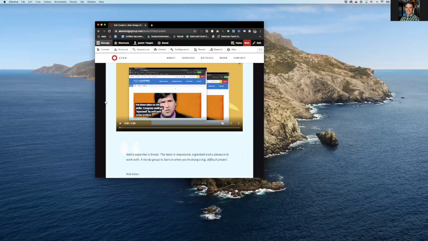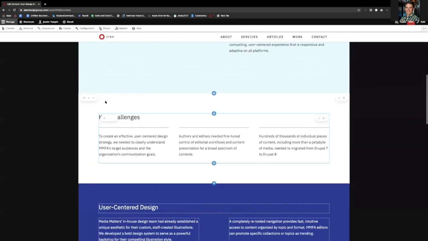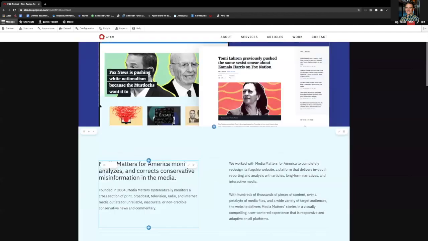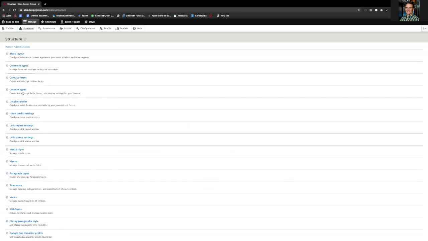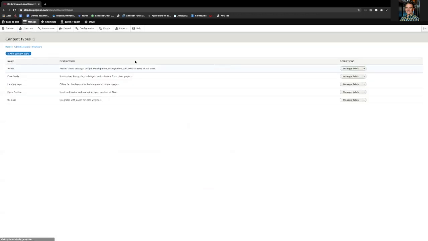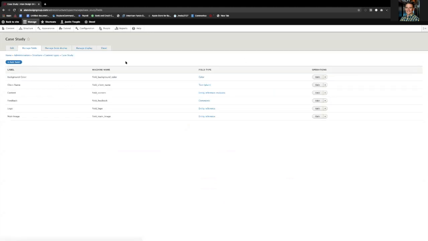That's about everything I have to show for how Layout Paragraphs works for creating content. Let's just briefly take a look at the settings for the actual content type. So again, you all can see how this works from a site building perspective. So if we go into content types, look at case studies, manage fields,